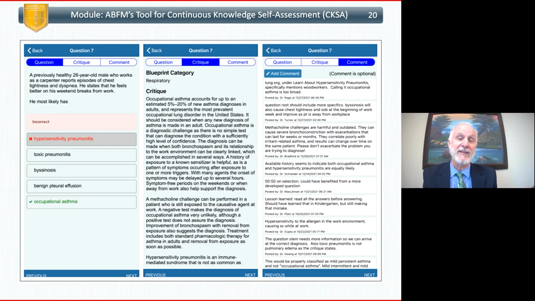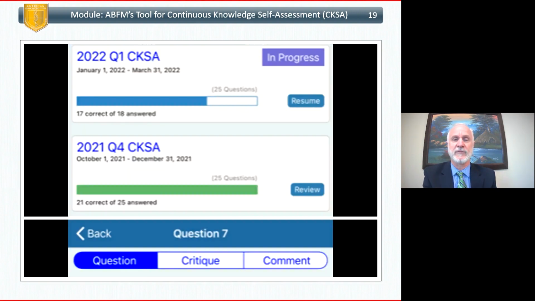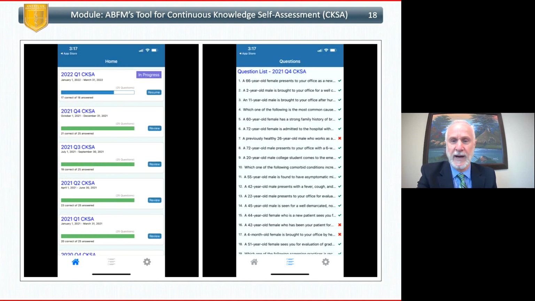So my learning takeaway was that if I'm asked a question from the American Board about asthma, occupational asthma might be one of the things I need to think about, even though it's not quite in the GINA guidelines or things like that. But I want you to see there's the questions. So if I were to go here on the right-hand side, question number 7, question 16, question 17,